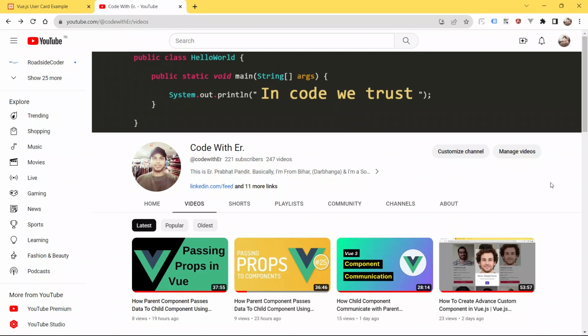In this session, we are going to learn one of the crucial topics in Vue.js, which is what a props is, how to define a props, and how one component uses that props to send data to the other component, and how a parent component uses the props to send data to the child component as well.